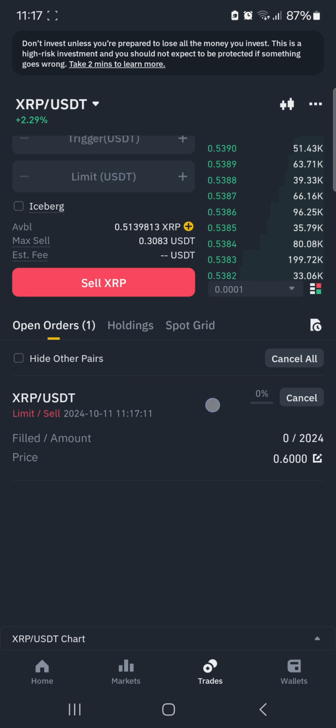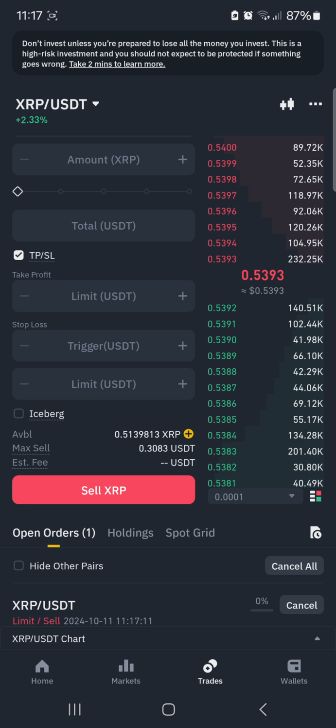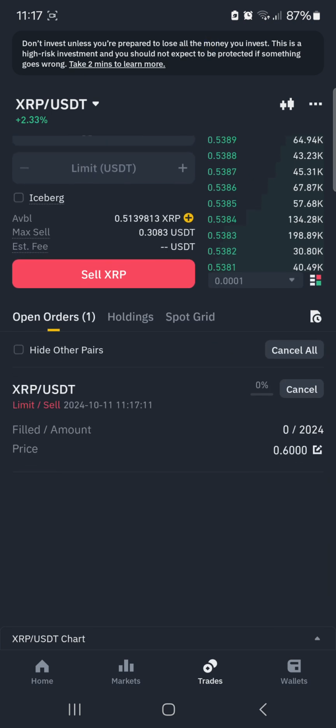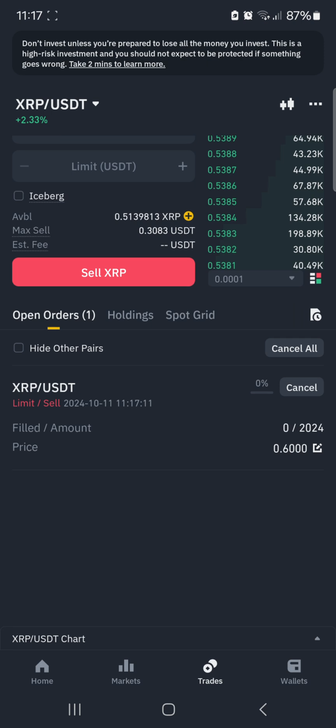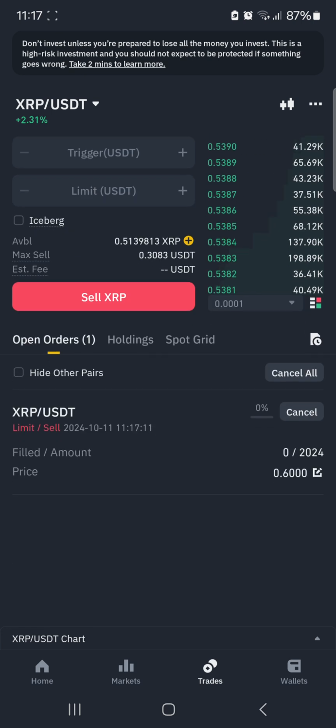So now you see, as soon as I select sell XRP, my open order was created here, meaning because it's a limit order, it will sit here until the market reaches the price that I had set, that I will sell at 0.60. Currently this is the current market price. Until then it will just sit there and nothing will happen. But when the market reaches that price, my order will automatically complete and I will get my USDT,